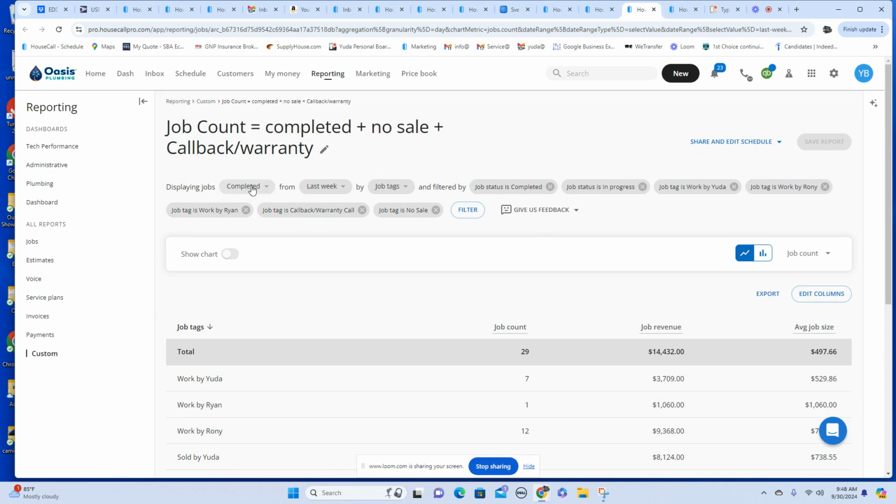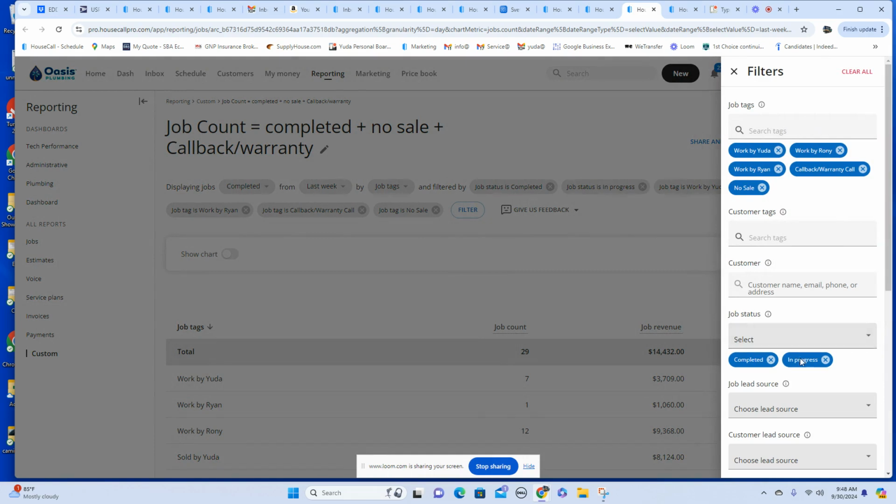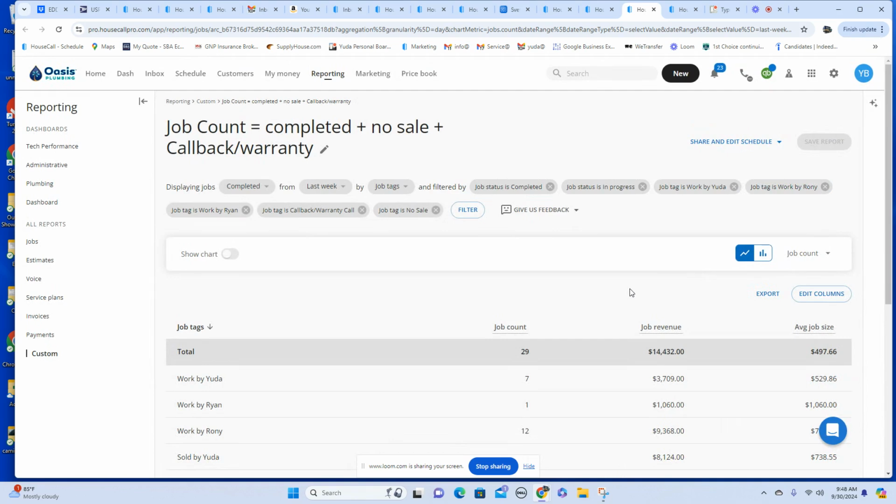All right, and then with this, job status is completed, that's important as well here in these filters, and in progress, because you never know when certain scenarios cause it to disappear. You really don't have to put in progress. I put it just in case. And the last thing to note is that your job count is based on